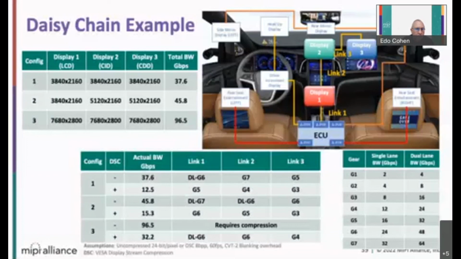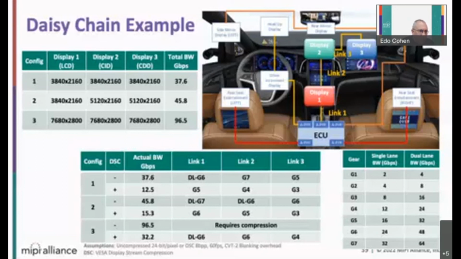And you can see that there are three configurations that we have seen here. There is the main ECU, display 1, display 2, and display 3, with link 1, link 2, and link 3. And you can see the different display resolutions that were allocated here for the different displays, and the total bandwidth that is needed, coming from a total of 37.6 giga to 96.5 gigabit per second.